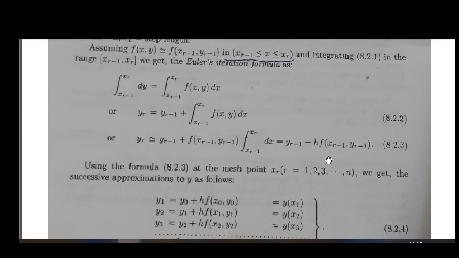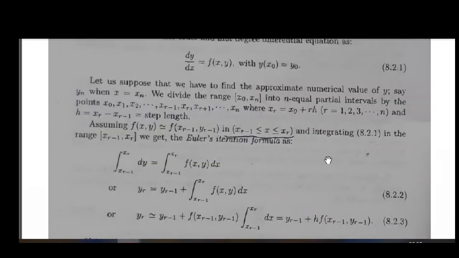So now r is varying from say 0 to n, so you can just find out y0, y1, y2 up to yn. y0 is obviously provided to us, leave it. Other than that, y1, y2, yn, we can just simply find out. So if you can find out the solution, that is the y at every point over this whole region of your definition of the solution, x0 to xn, that means you are obviously finding out the solution over the entire